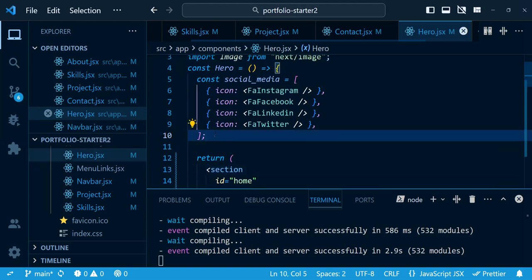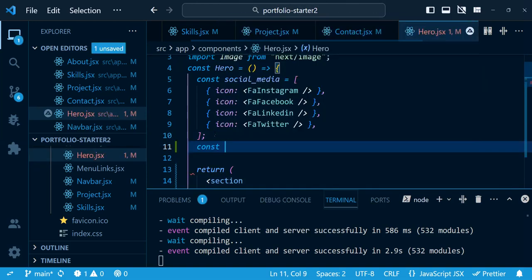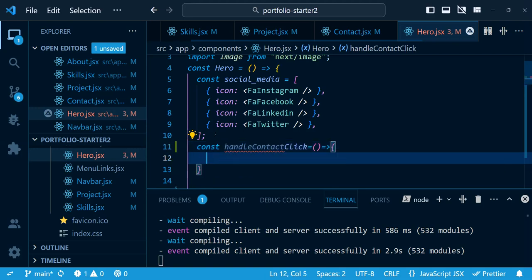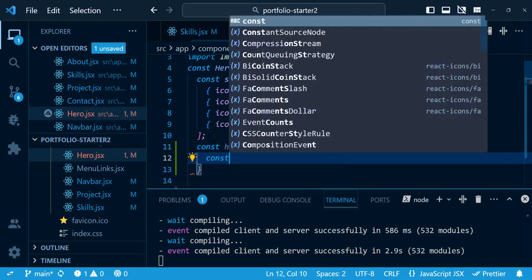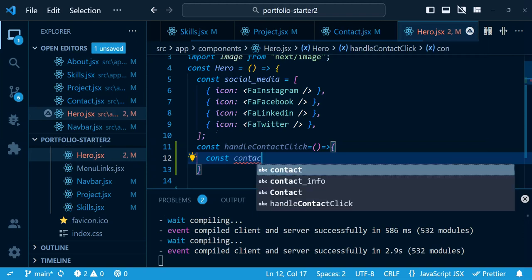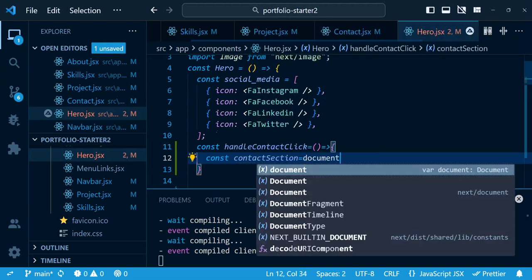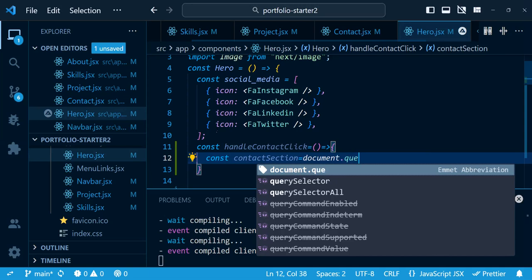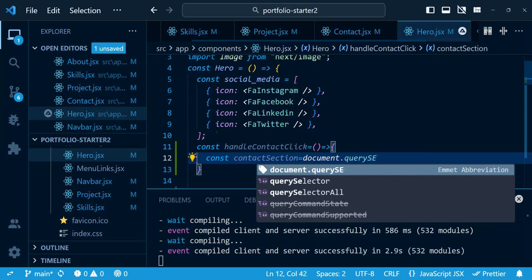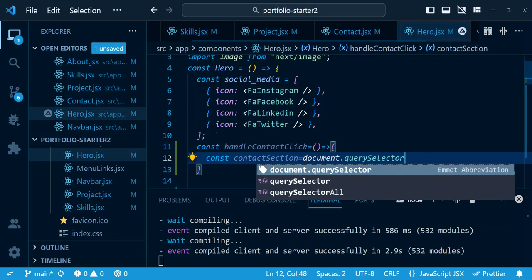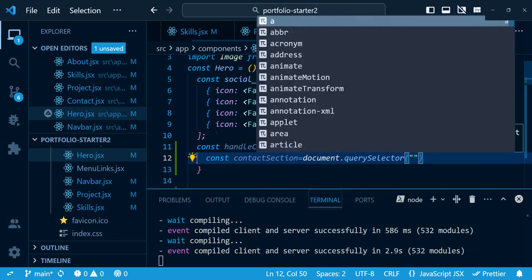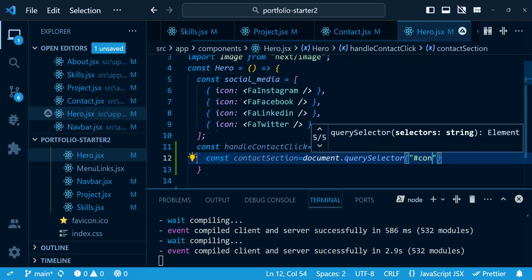on this section we need to create a function, const handleContactClick equals, let's give a function, and const again contactSection equals document.querySelector, let's give a quotation and let's give a contact